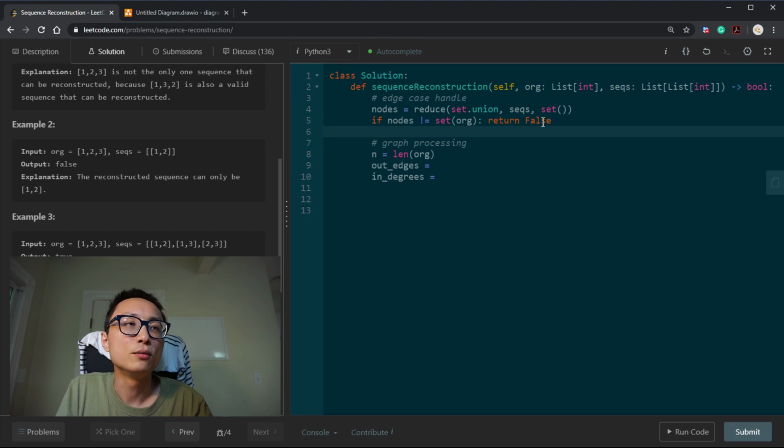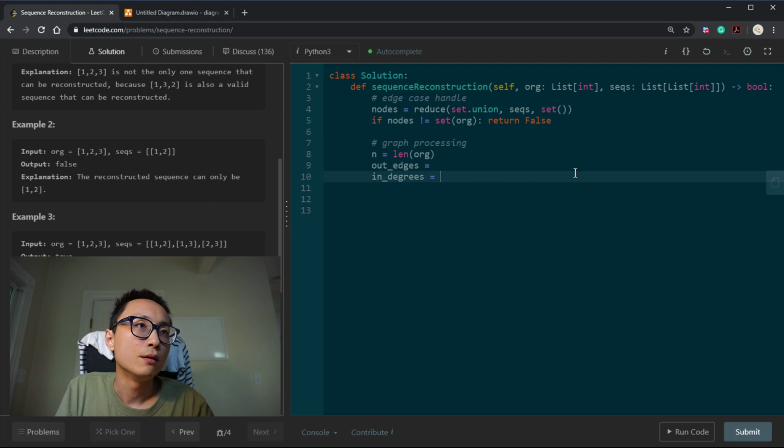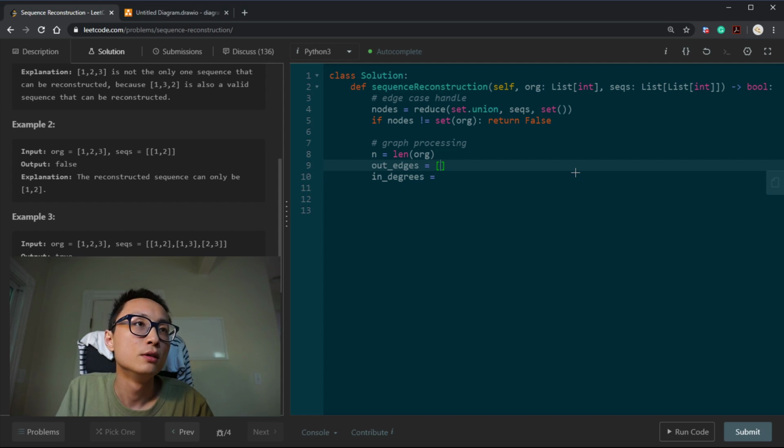After that, we must have enough information. We must have at least partial information about every node. Then we try to see whether it violates the uniqueness. But before we do that, we have to generate the graph. So for every node, the out edge is initially empty. We're gonna do that for all the nodes. And the in-degree is 0 for all the nodes.